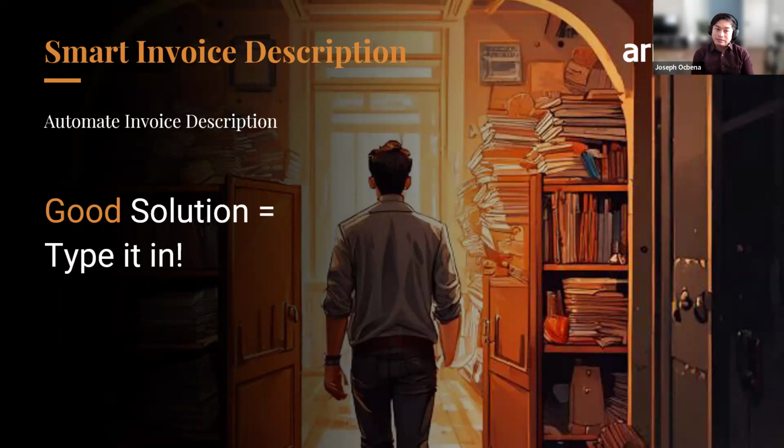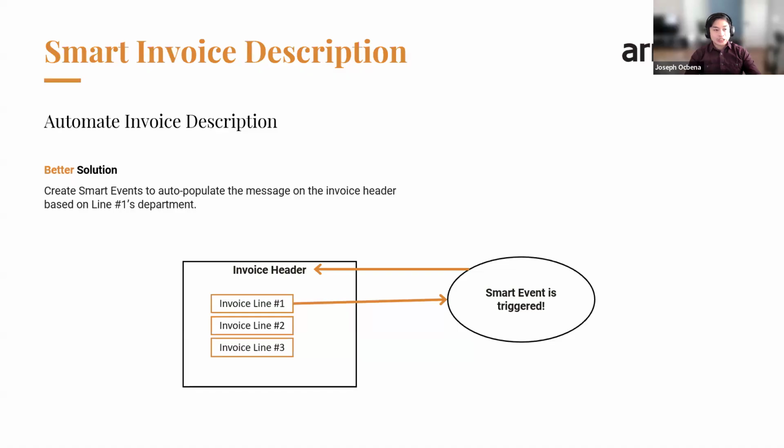Basically, we're introducing a human element in there, which could be prone to errors. Okay. A better solution is actually using smart events. Smart events remove the human element and actually place automation in your system. So if you follow me in this rationale, what we're saying in here is that, let's say the department